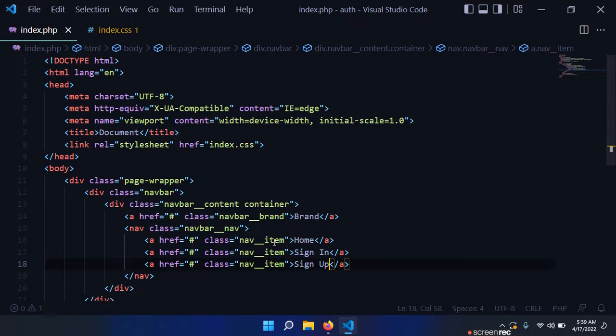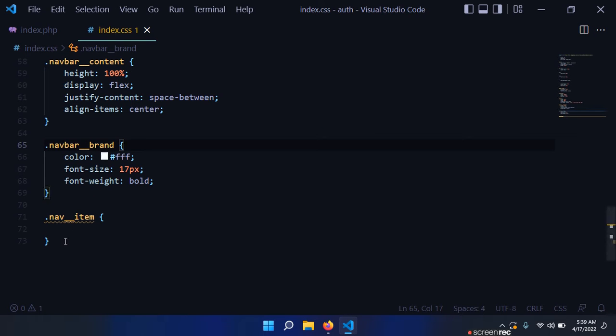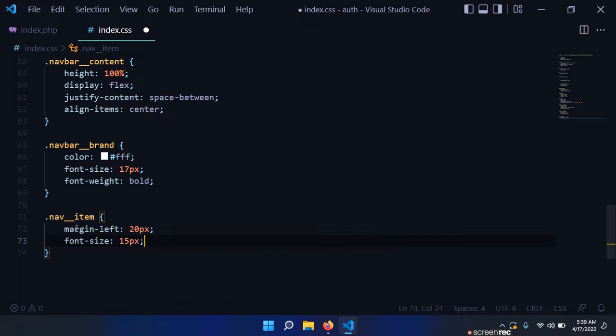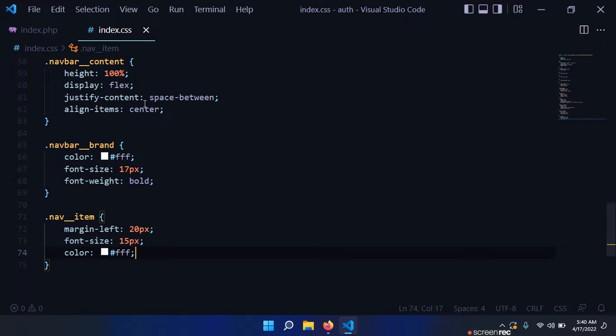So right now I want to style those nav item anchors. Let's see, I want a margin left of 20 pixels, font size of 15 pixels, and color white. Let's see the result in the browser. Perfect. Now we are done with our navbar. It's time to work